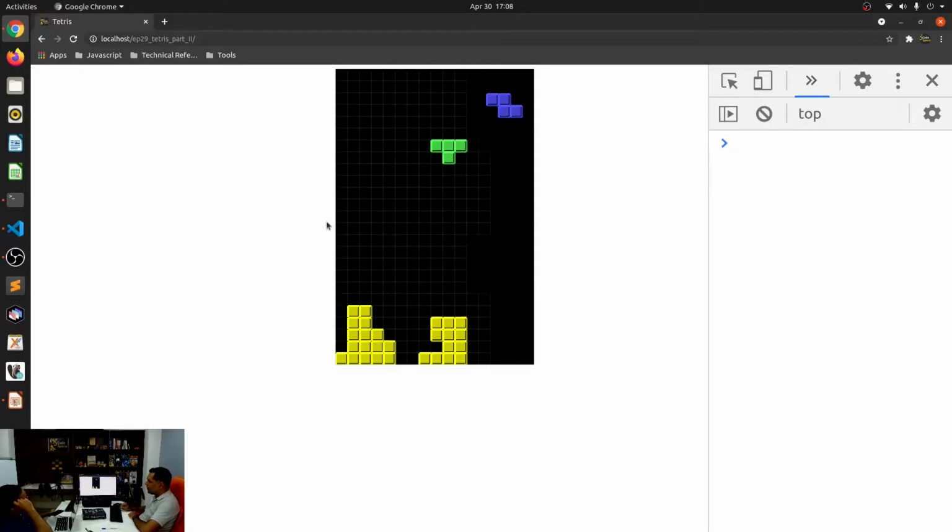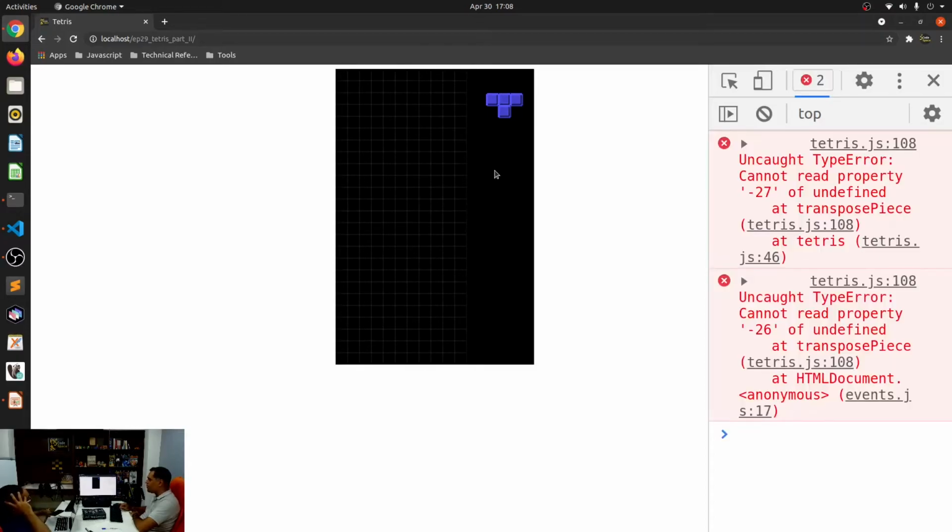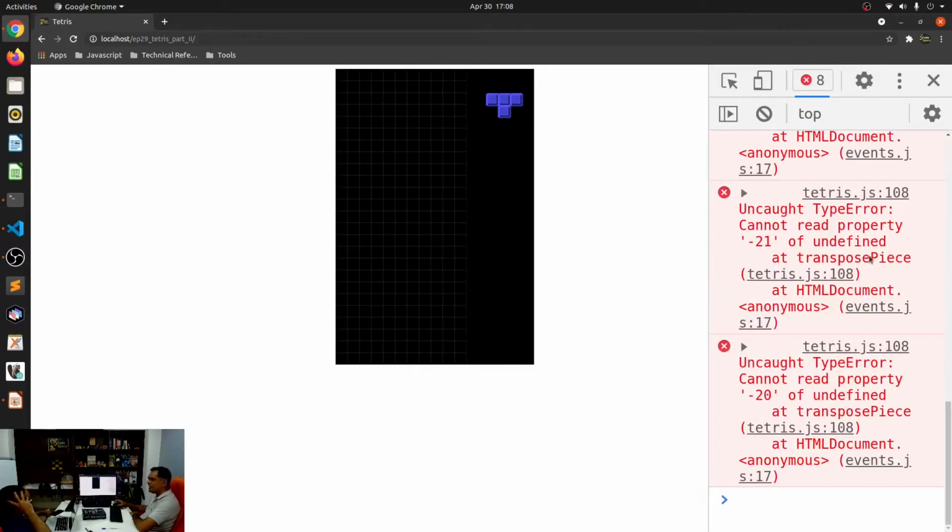Okay, so if I do this, why am I not able to go to the right? Whereas I was able to go to the right over here. I mean, there are some issues here, obviously, right? So let me just refresh it back. So that's perfect. Okay, I'm able to go to the left essentially, and then basically it errors out.